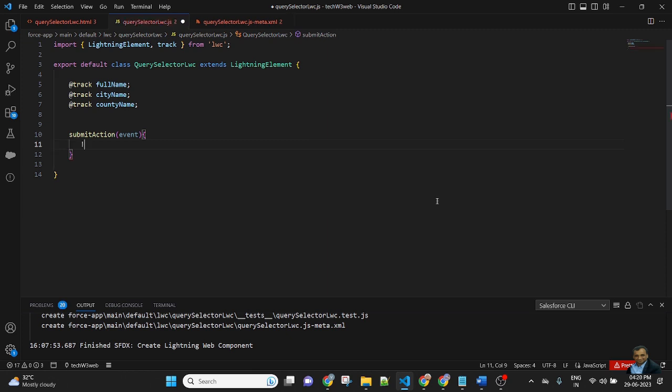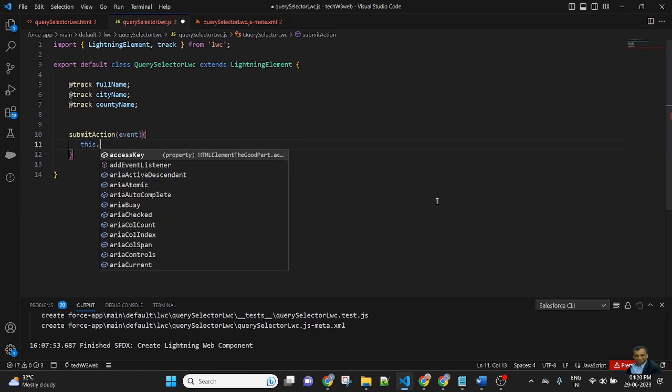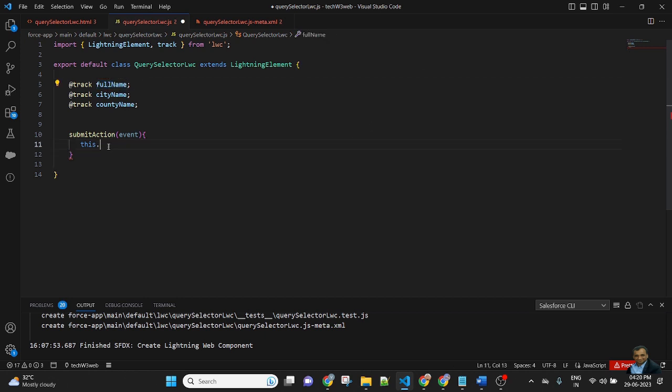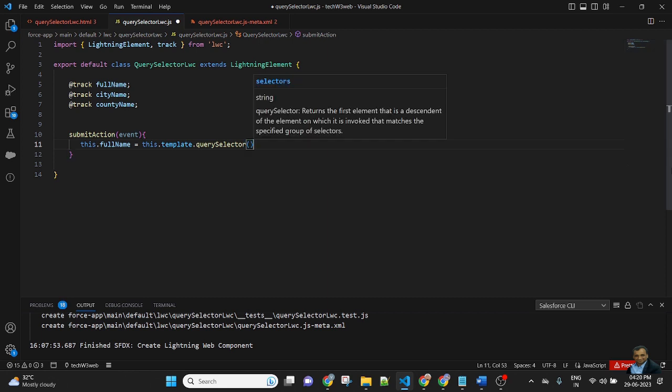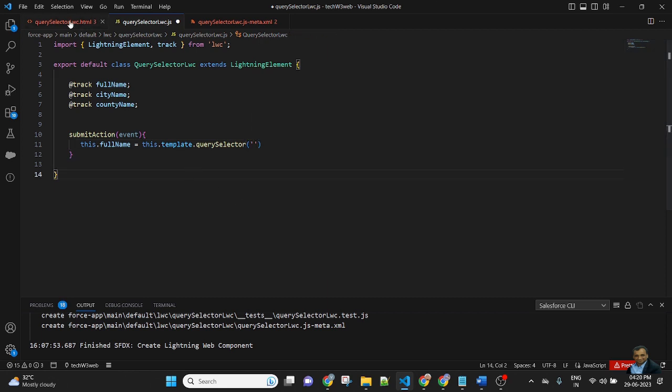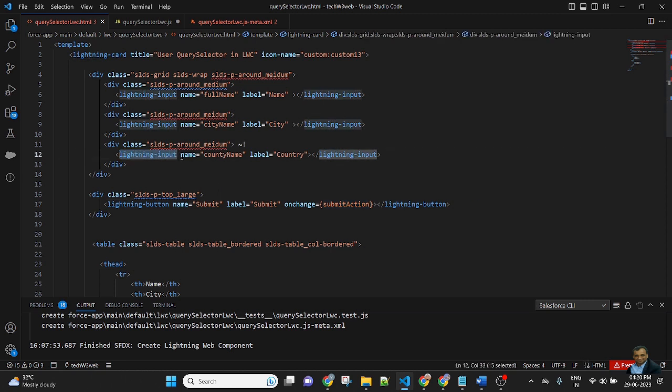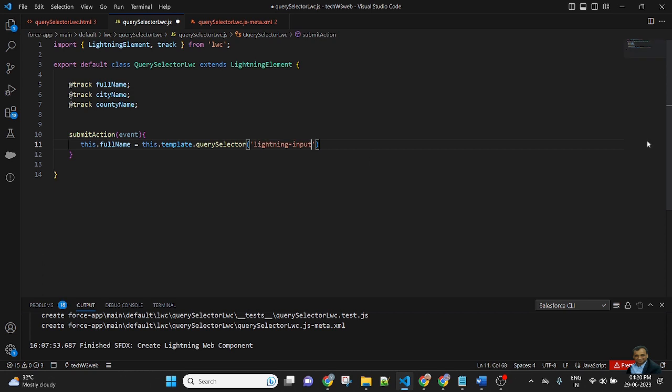So here this.fullName equal to this.template.querySelector('lightning-input').value. The fullName is a target property, and this target property will store this.template.querySelector lightning-input .value.